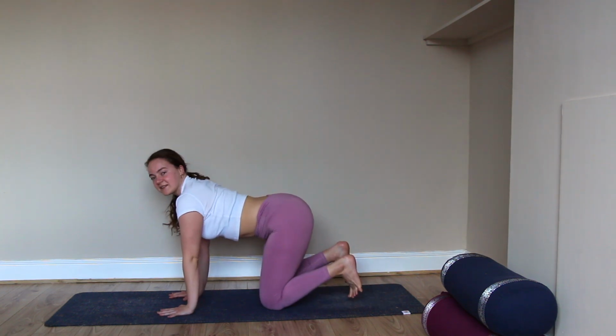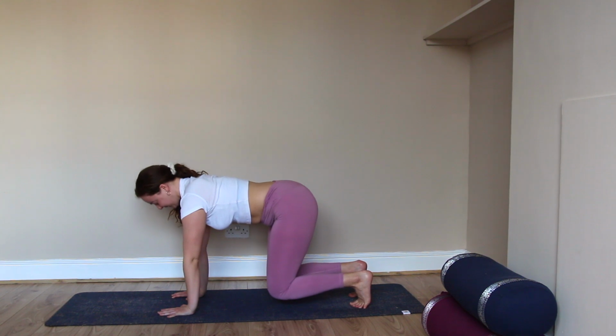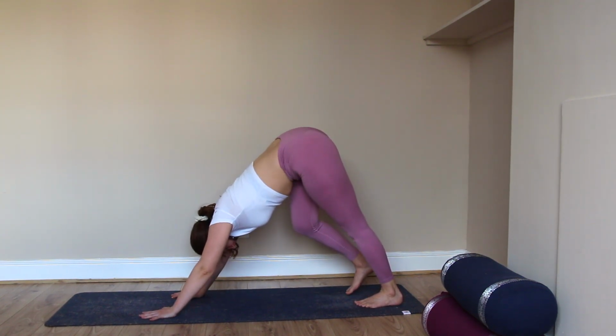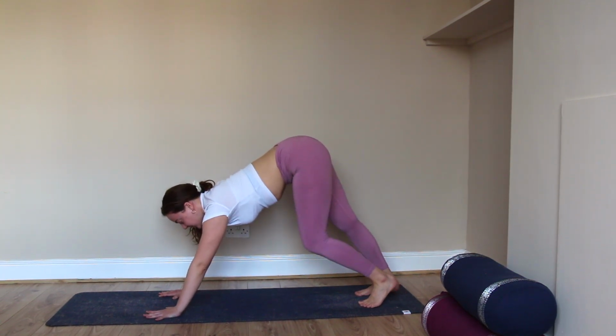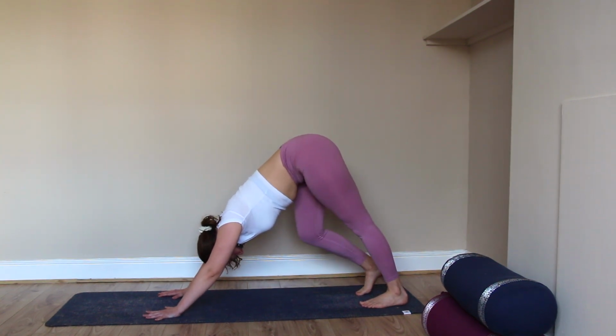We're going to tuck the toes, hover the knees a few inches up off the mat, activating those core muscles. And exhale, lifting the hips up and back, finding into downward facing dog. So checking your alignment, hands are about shoulder width distance apart, feet are about hip width distance apart, and then